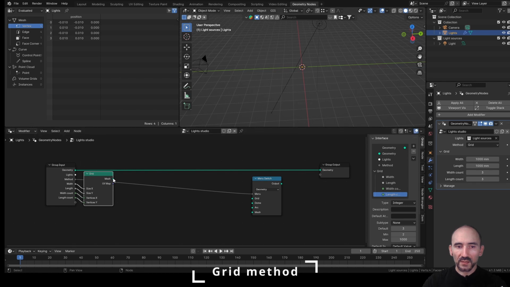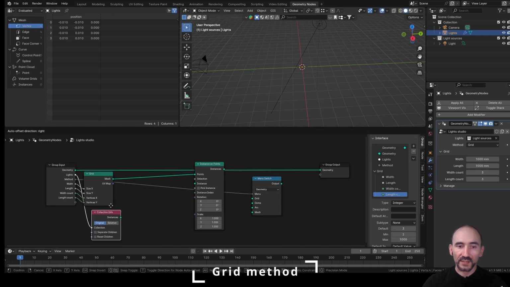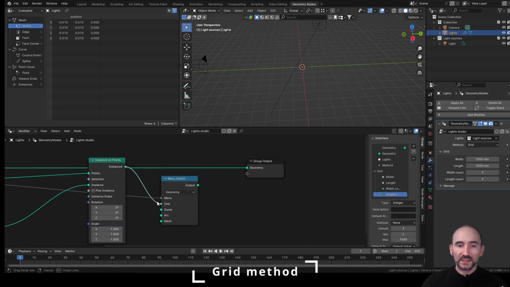In this way, I can drag this mesh into an Instance on Points node, and because we have a collection here, we can drag this light here and select the automatic item Collection Info, checking Separate Children, because we don't want to use all the light sources as one single object or instance, but we want to use them separately. In this way, we can link the instances inside our Instance on Points, link these instances as the output of our grid and the output of this menu switch in this geometry, and this is the